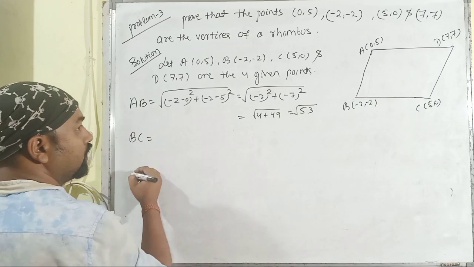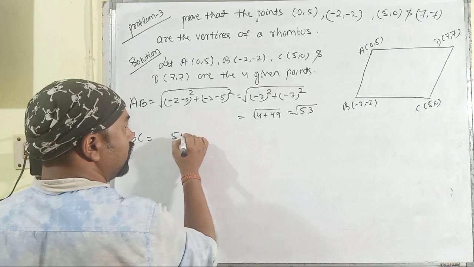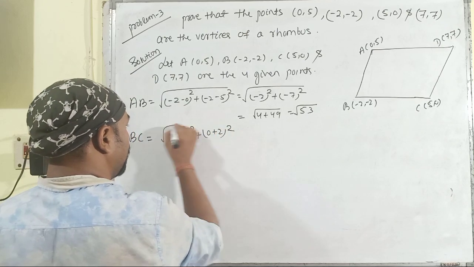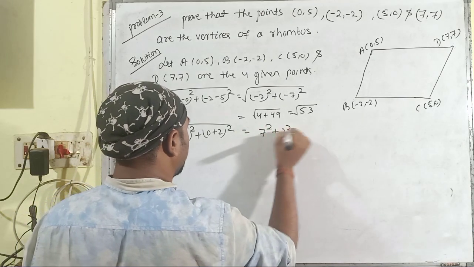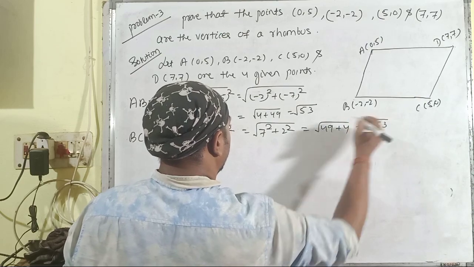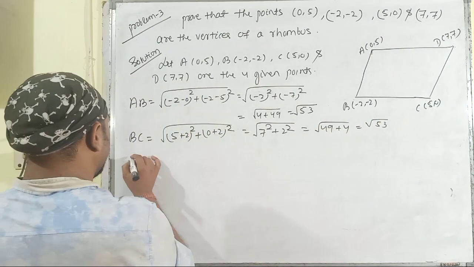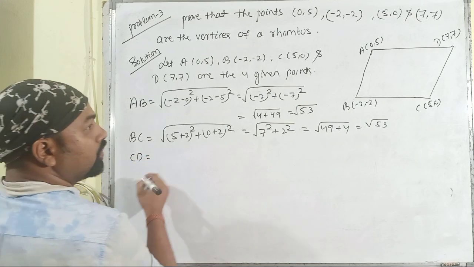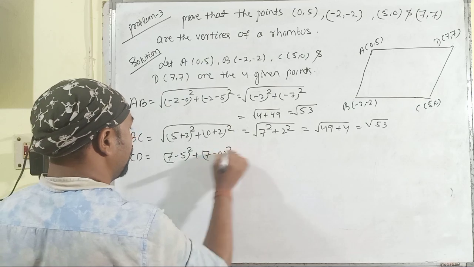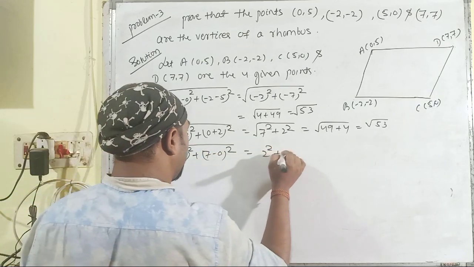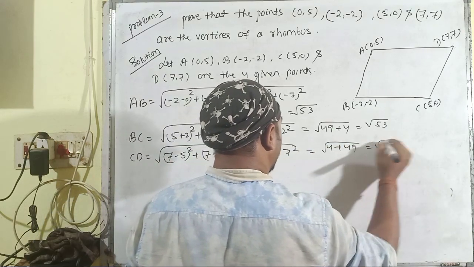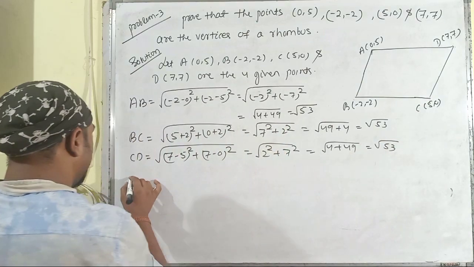Then BC, it is 5 plus 2, then 0 plus 2, and this is 7 squared plus 2 squared. So it is 49 plus 4 and it is also equal to square root of 53. Then CD, it is 2 squared plus 7 squared. It is also equal to square root of 53. Then DA,